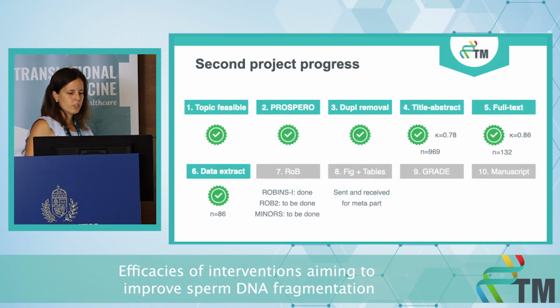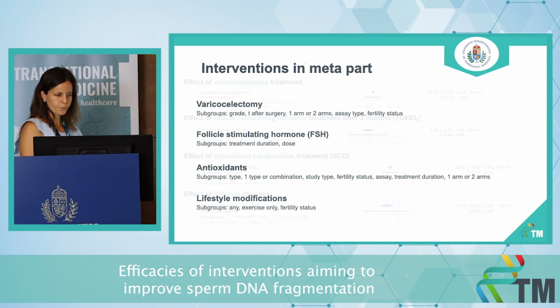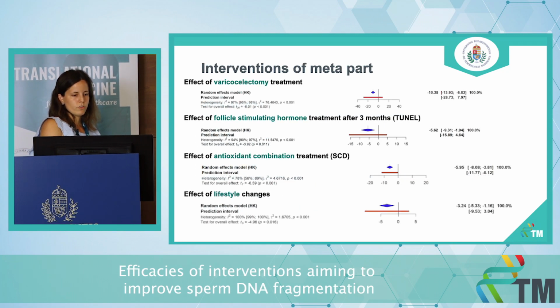We did the data extraction, we did part of the risk of bias assessment, and we have some of the figures and tables, and I'm going to show you some of them now. These are the interventions for which we have enough data to go in the meta part: varicocectomy, FSH treatment, antioxidant, lifestyle modifications, and we did subgroups for many things. So just to show you some of the results, the effect of varicocectomy